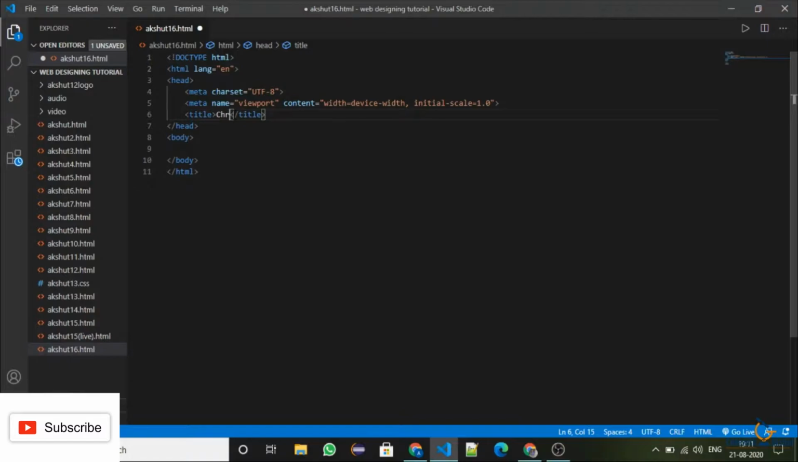We'll change the title to Chrome Developer Tools. Now in the body tag I will add an h1. Sorry, first I should add a div. I will remove this h1. We'll open the div and I will put an h1. And in the h1 I will type Chrome Developer